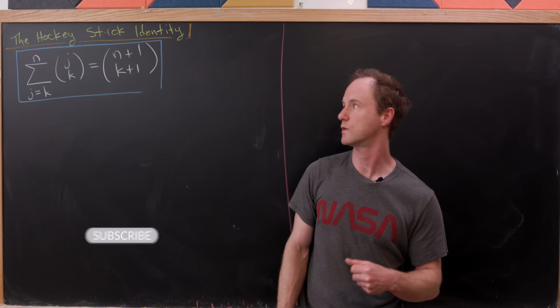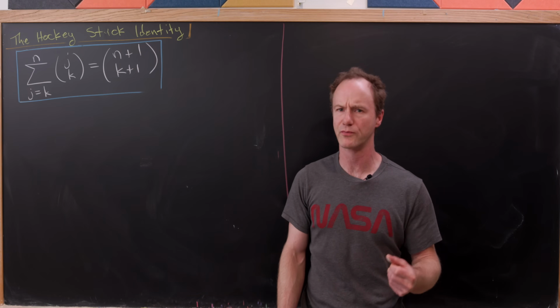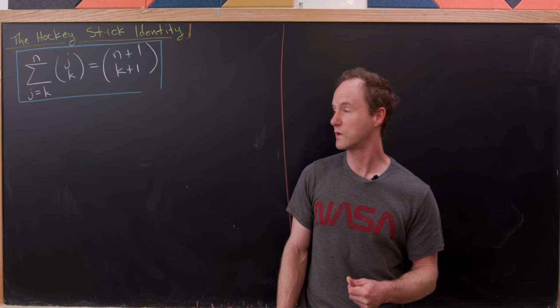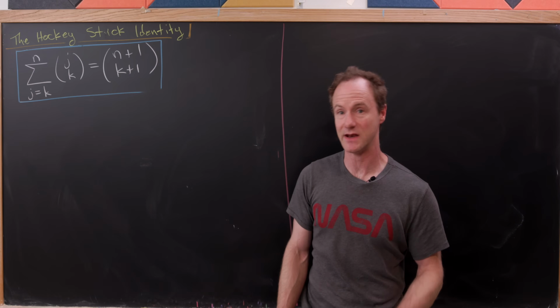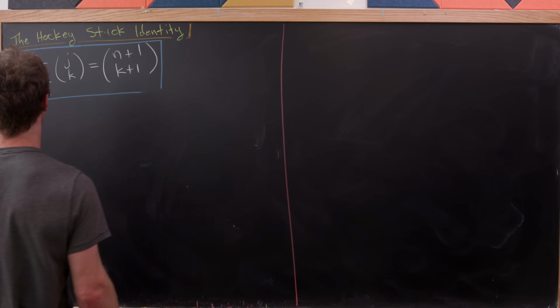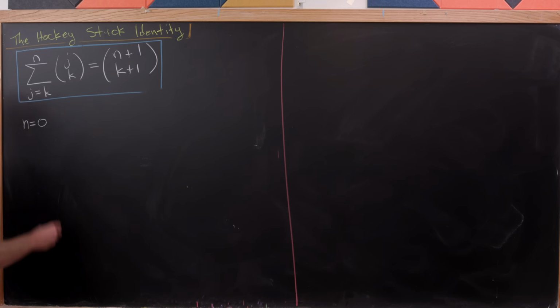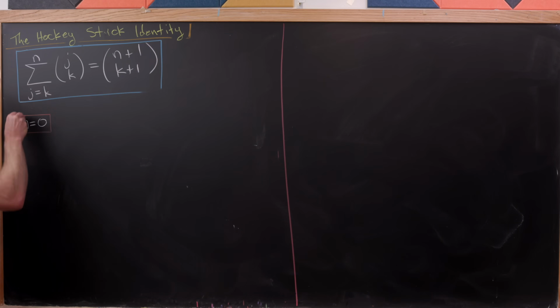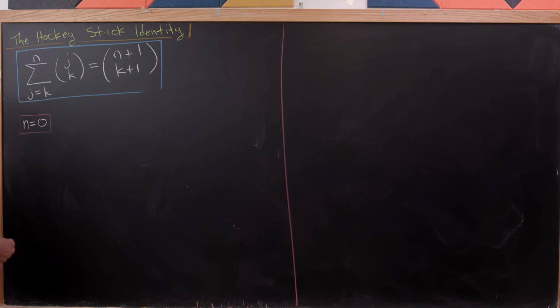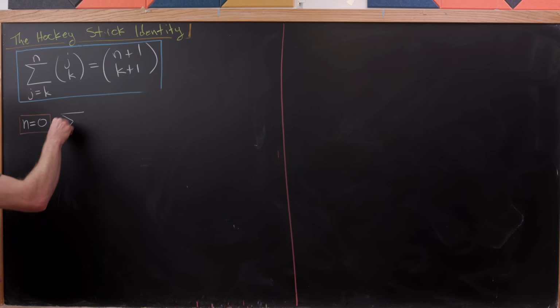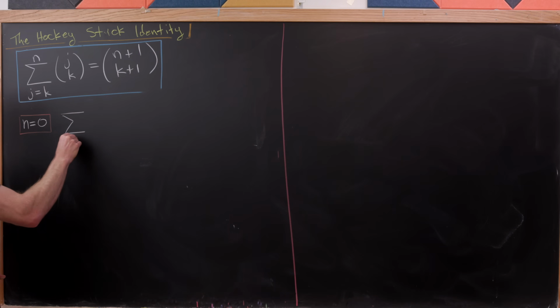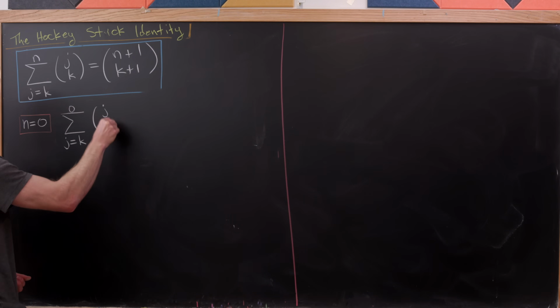Okay, so the second method we'll use to prove this identity will be a proof by induction, and we'll induct on n. So I think our base case here would perhaps be the case when n is equal to 0. So we'll take n equals 0 as our base case. But notice that's going to make the left-hand part here the sum as j goes from k up to 0 of j choose k